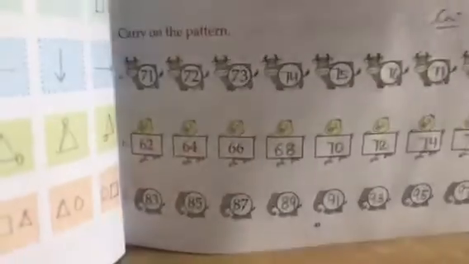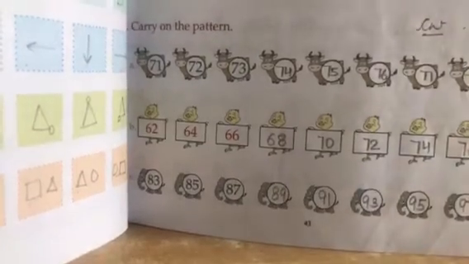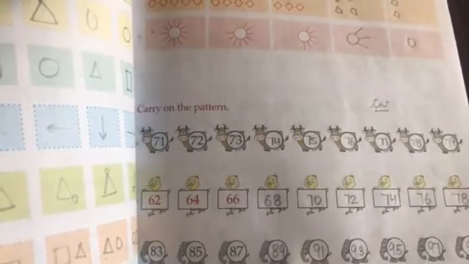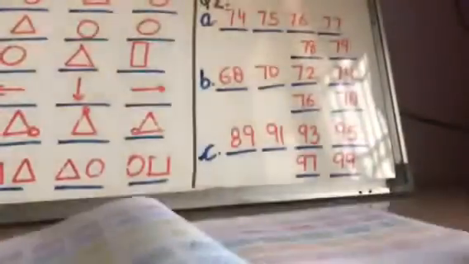Now let's see part number C, which is 83, 85, 87. So in this also we have skipped one digit, so we are going to skip one digit here also. Like after 87 comes 88, but we are not going to write 88, we are going to write 89. Then 91, 93, 95, 97 and 99. Right, so हम उतना ही लिखेंगे जितने हमारे पास blanks available हैं.